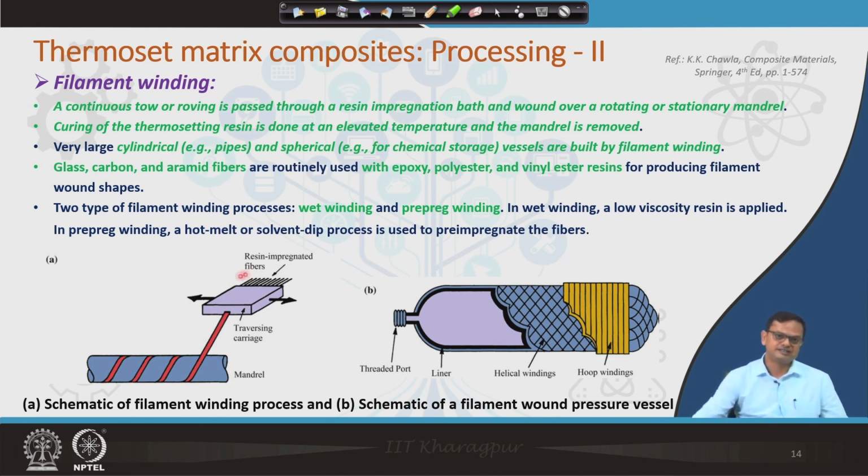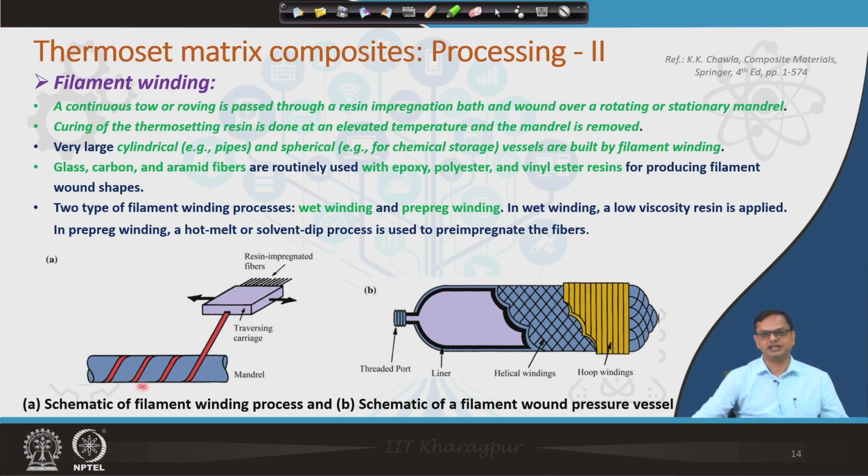What is done here? You can see there is a mandrel, and this mandrel has the profile of the cylinder or the tube that you want to make ultimately. What is being done here? This is resin impregnated fiber. A series of fibers goes through a resin pool and gets impregnated by that resin, and then it moves through this particular machine, so that all the resin impregnated fibers come together and then